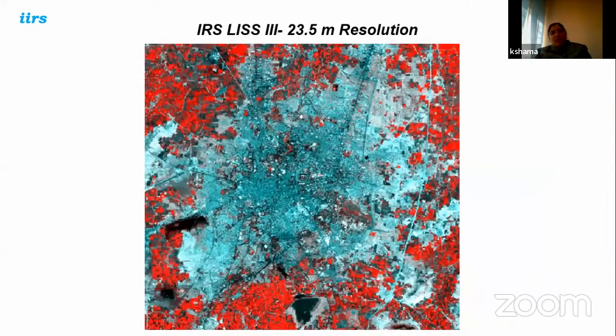Now let me give you one example of what we were talking about, resolution. There is the spatial resolution. This is IRS Resourcesat-1 LISS-3 data. This is 23.5 meter data. You can see that here you can identify only the major road network. You can identify this is bare land, this is built up area, this is vegetation, mainly agricultural, this is some waterlogged area, maybe some water bodies are there. This is a major road going on, this is developing land or maybe bare land. So all these you can identify.